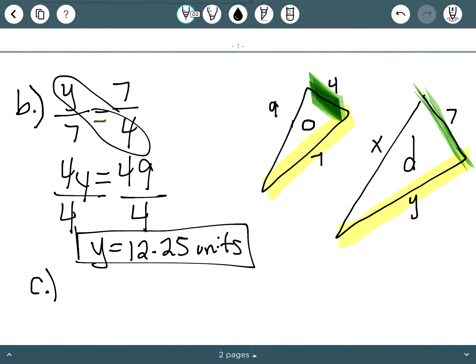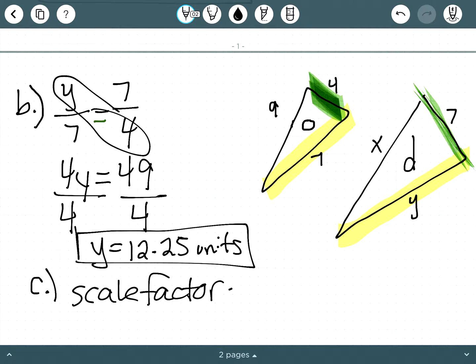And finally, we are left with part C, which tells us to find the ratio of the perimeters of the two triangles. So essentially what this is asking for is the scale factor. So they just want to know what is the ratio in terms of the size difference between these two triangles. And it's actually a lot easier than you might be thinking. So remember to find that scale factor. So we talked about how scale factor